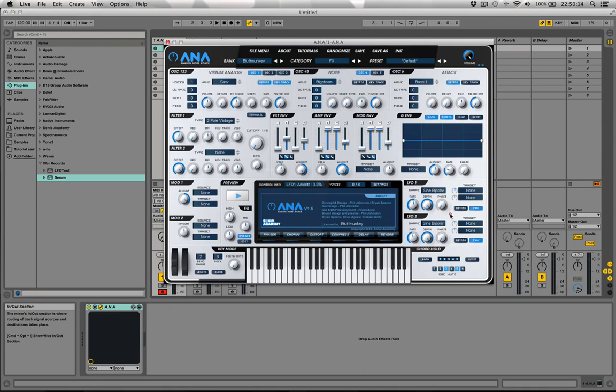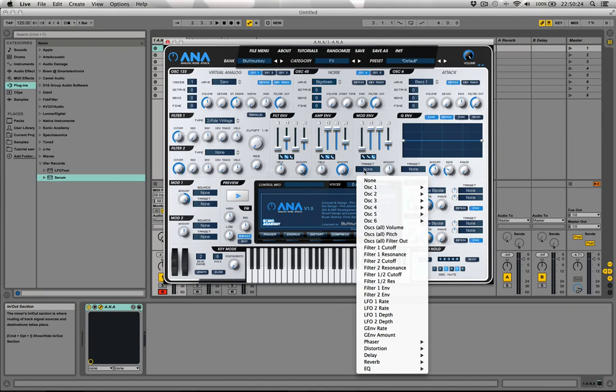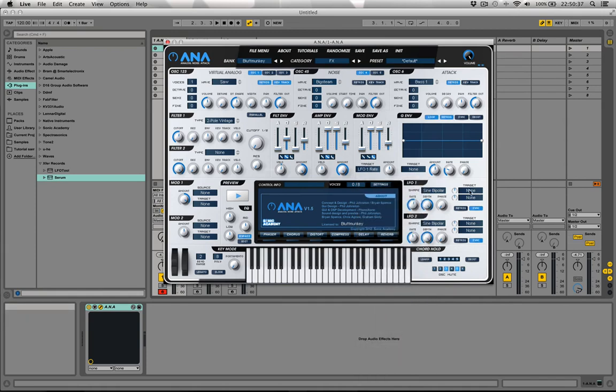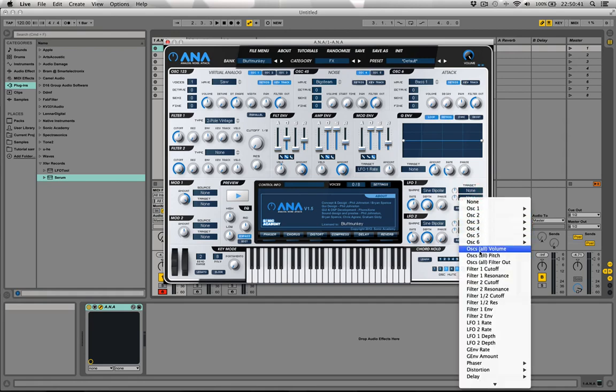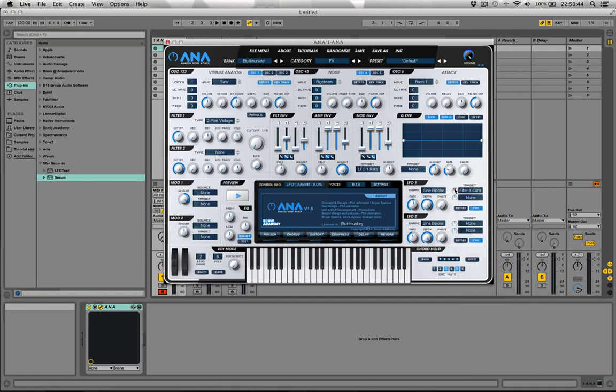The next one we'll have a look at is another envelope. This is the freely assignable envelope, and we already know how an ADSR envelope works. We know what the controls do. I'll tell you what we can do, which will be quite interesting. We'll choose LFO1's rate as the destination or the target. Now if we switch LFO1 back on to control filter 1 cutoff, as we did before,